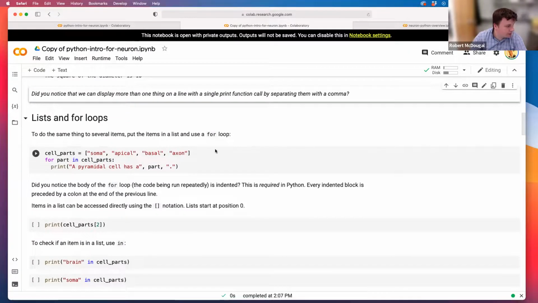There's a lot there. So once we have all of this, you know, our cells are complicated things. They have many parts that are associated with them. We're going to want to,